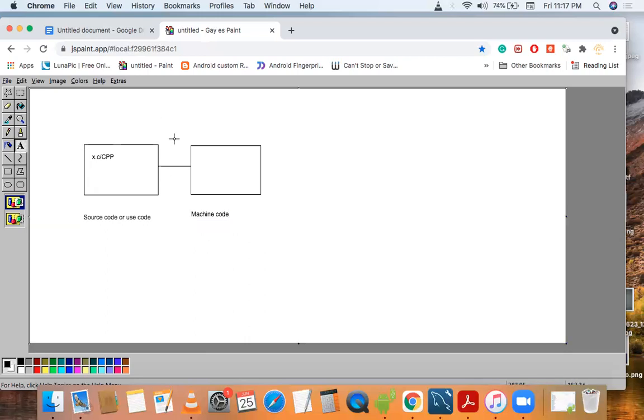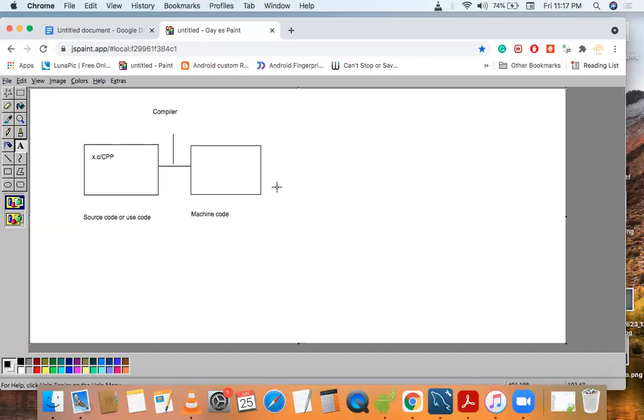Here we will use a compiler or interpreter. For example, we are using a compiler. The compiler will do two things.